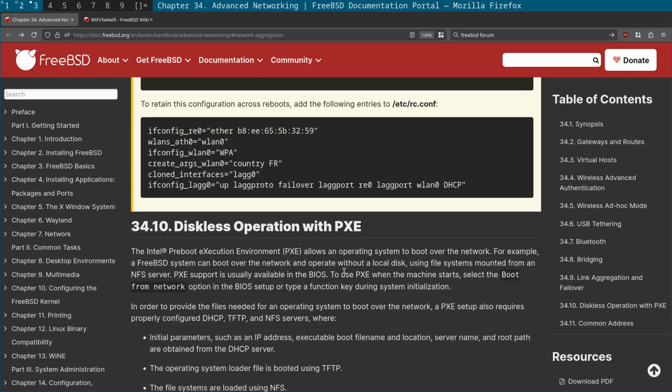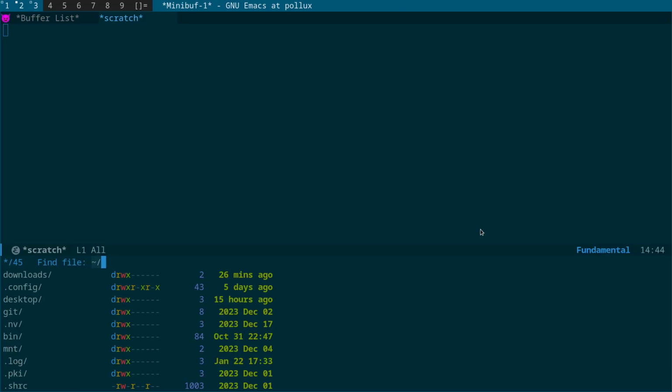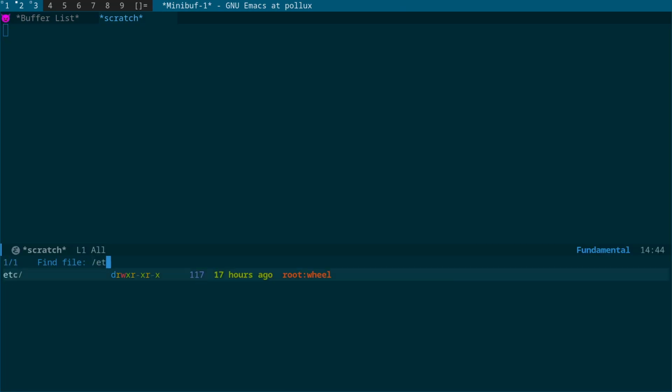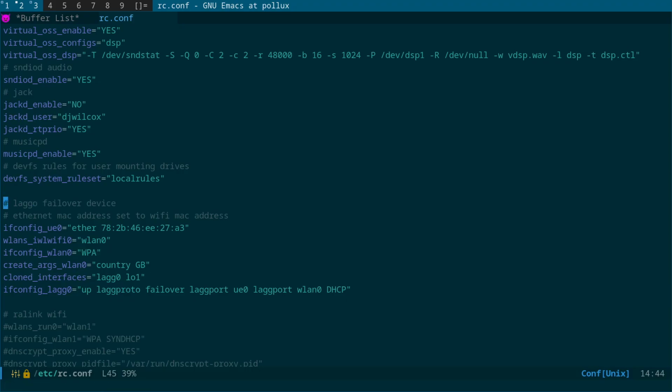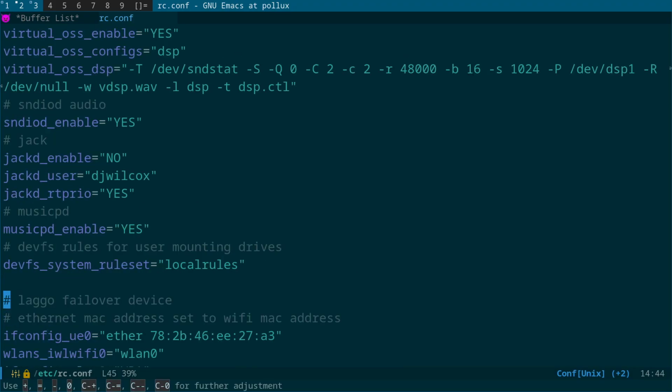So what I'm actually going to do is show you the configuration. This is the block of code that you'd put in your rc.conf. There are two parts to this: one, your rc.conf, and the second is your pf.conf. So in my /etc/rc.conf, what you'll see, if I zoom this in a bit,